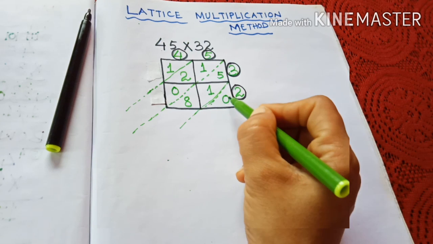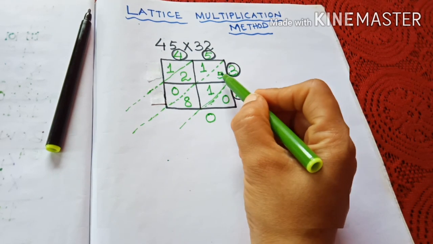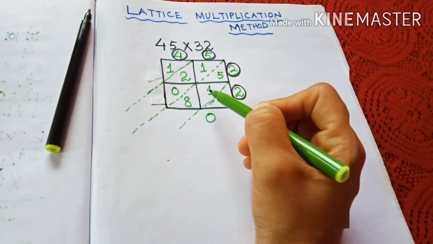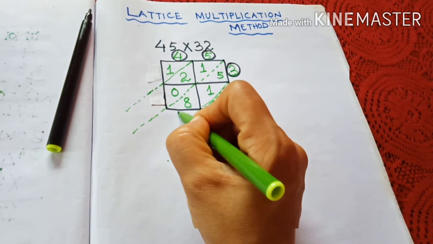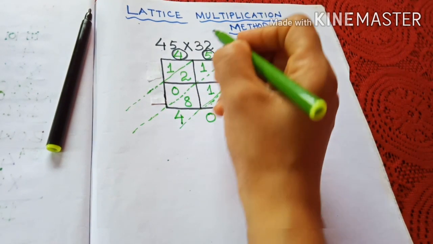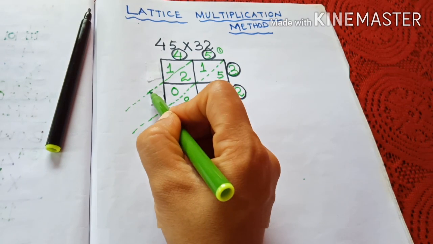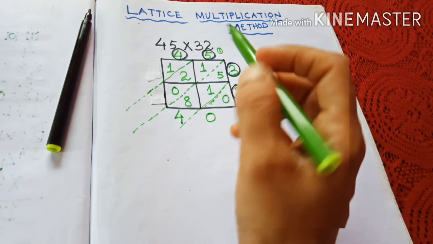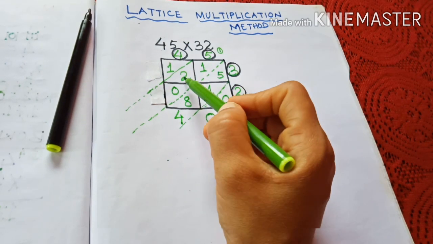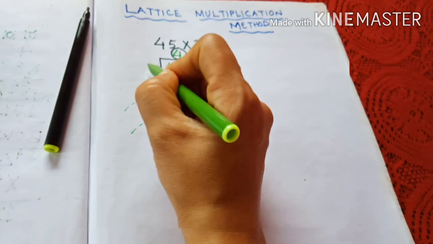Now here only 0 is there. So this 0 will be only 0. Now 5 plus 1 is 6. 6 plus 8 is equal to 14. So 4 we will write and 1 will be carried over. Here also you can write. In a few cases, a few are writing here and a few are writing there also. No problem. Now 1 plus 2 is 3, plus 1 is equal to 4, and here 1.